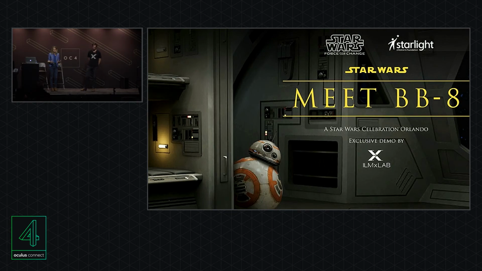So there's a few different levels of interaction here as well. BB-8 will come in his classic fashion, peeking out of a corner, and he can imitate you if you move side to side. He can chase a laser pointer on the controller, kind of like a cat. And he can also have a really magical moment where if you crouch down, he will come up to you and allow you to actually pet him, snuggle him, give him some scratches on the chin.